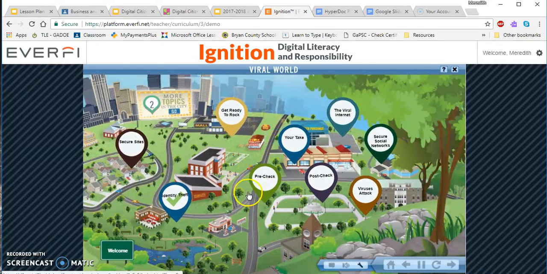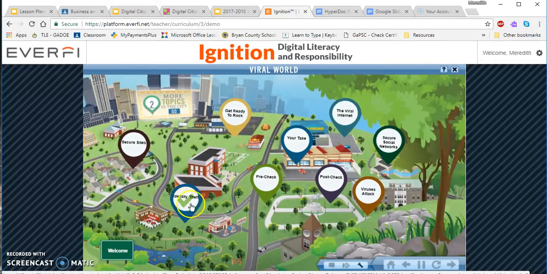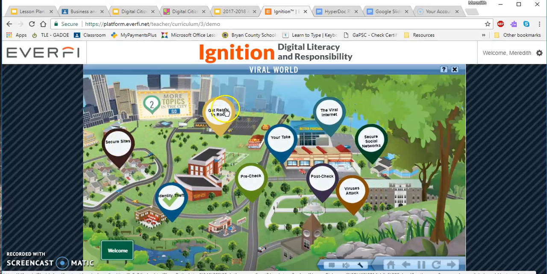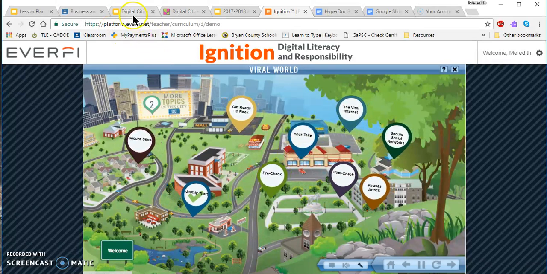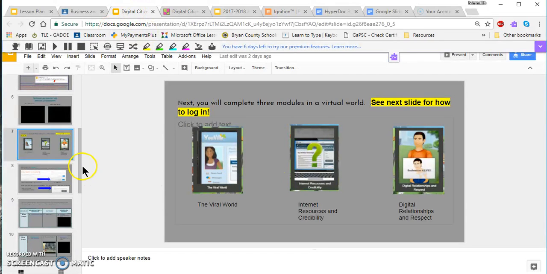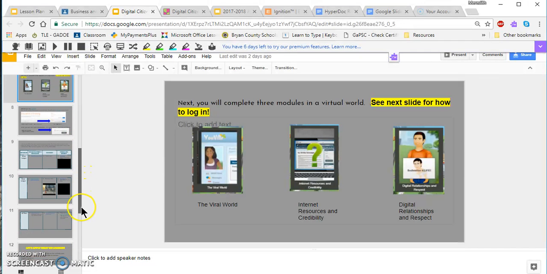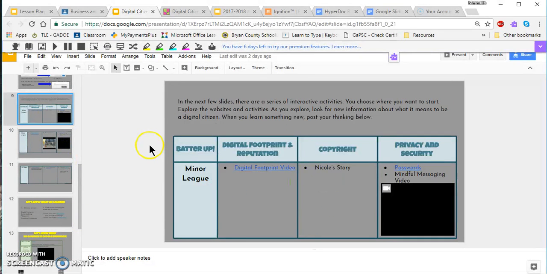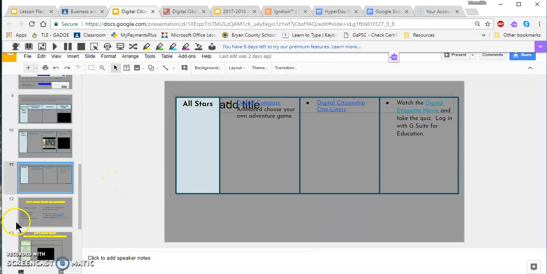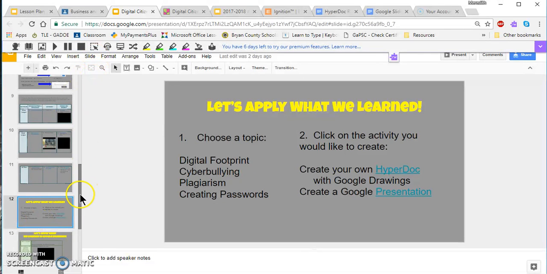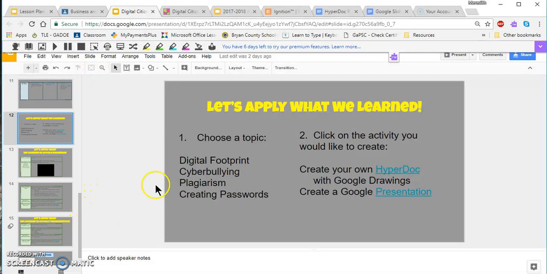Students started the assignments by taking a pre-check and then worked through different activities throughout the module, ending it with a post-check. The post-checks were used as formative assessments for the students. Once they completed all 3 modules, they then worked through a variety of handouts and videos on digital topics, and then concluded the unit with choosing a topic